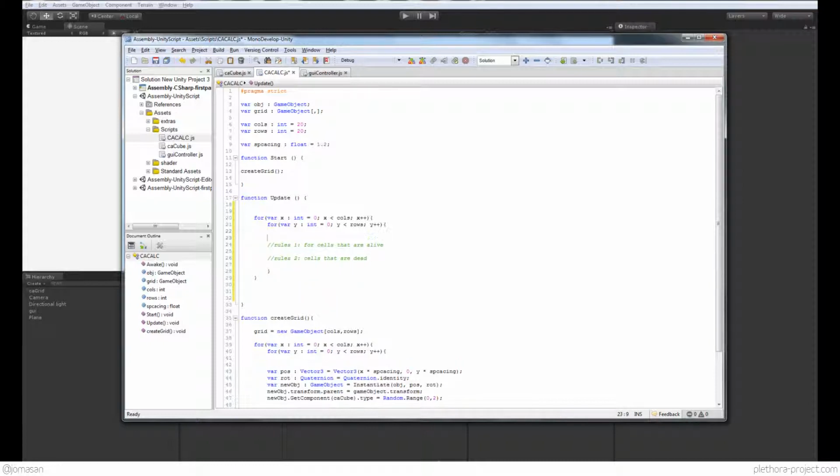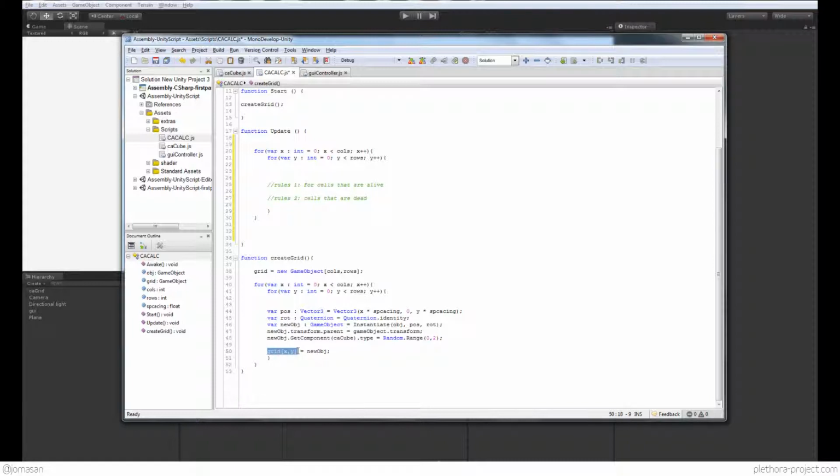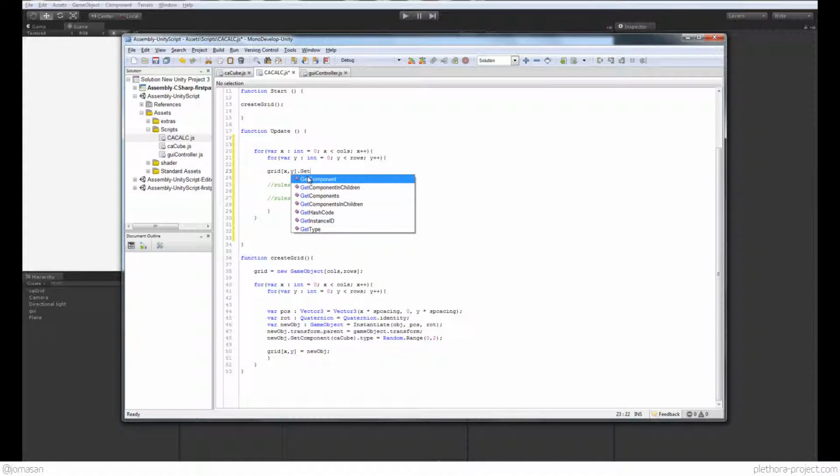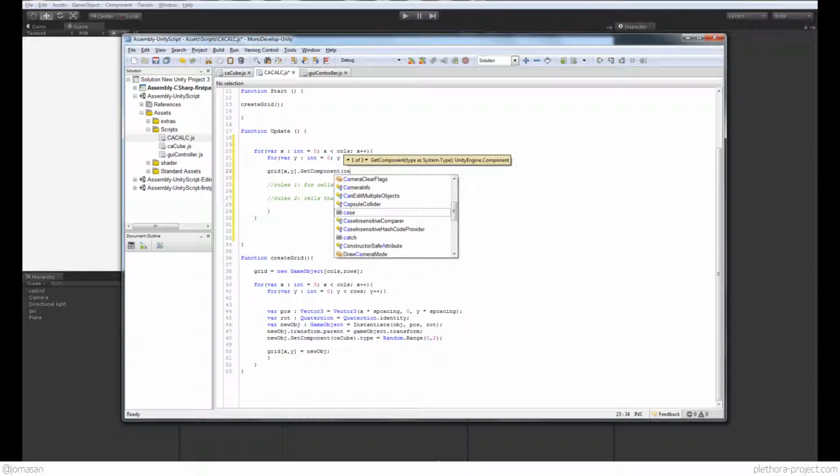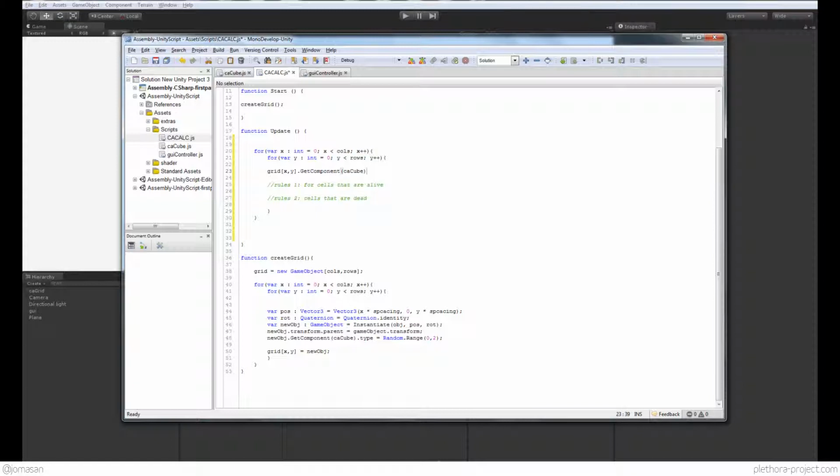So how do we access that information? We've done it here with this element. So what we're going to do is grid X and Y. This represents the element in the grid that we want to evaluate, right? So that's the get component, and we need to get the component CA cube. And if we access this script here, then we can type .type, and that would be one cell or one of these cubes, and this variable is returning the value of that type, right? But this is the cell itself, right? So let's put this